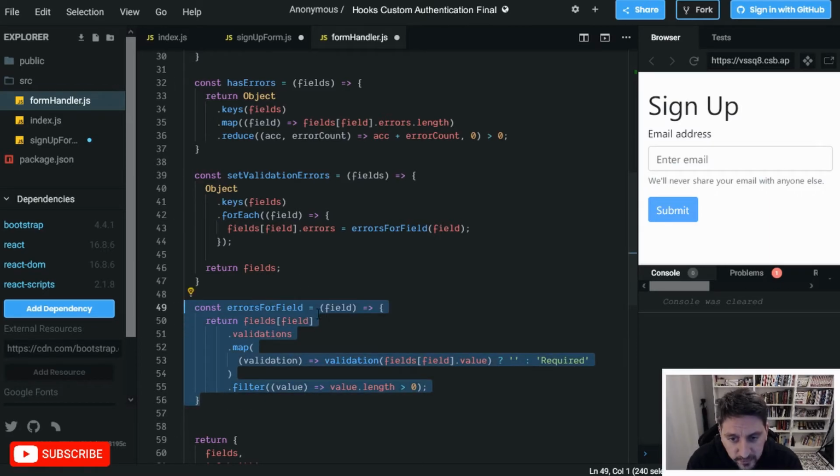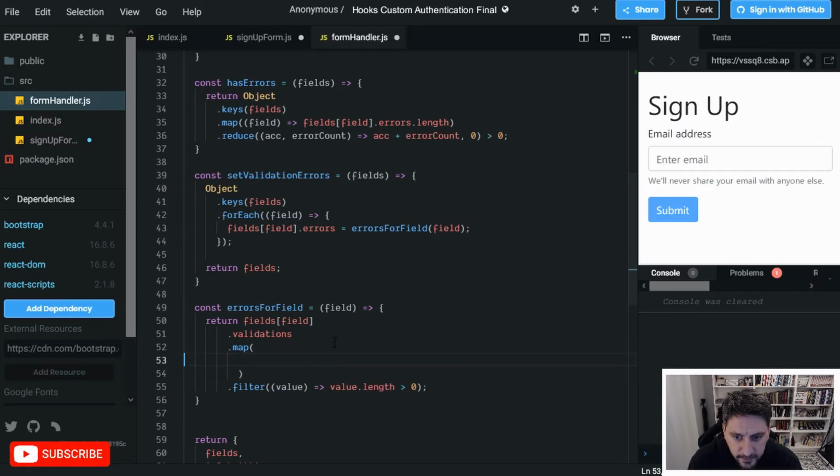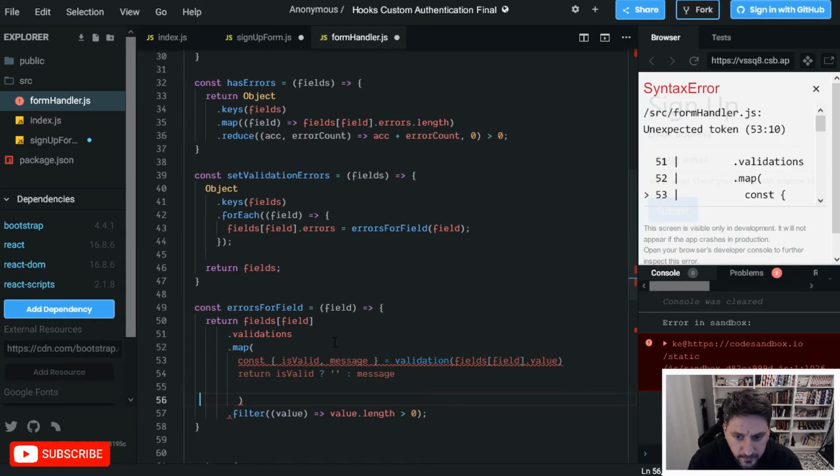So this is a function that checks the errors for the field. And previously it was expecting back just a Boolean value, and based on that setting whatever it thought the string should be. But now that we have something that's a little more sophisticated, instead of doing that, we're going to just update this slightly. And what we're going to do here is, sorry,